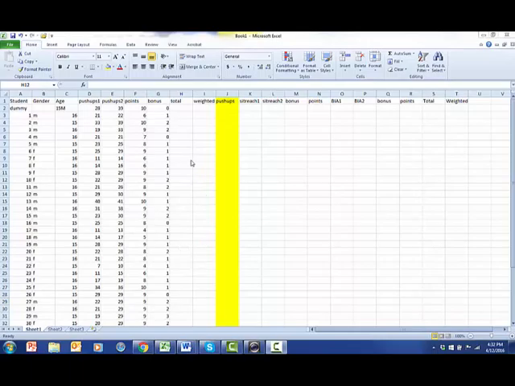The next step is to sum the total. So you simply go to the cell where you want to sum in the dummy variable row, write equals, and add your points. In this case, we're summing 0 for the bonus points, because if we don't, then it would not be